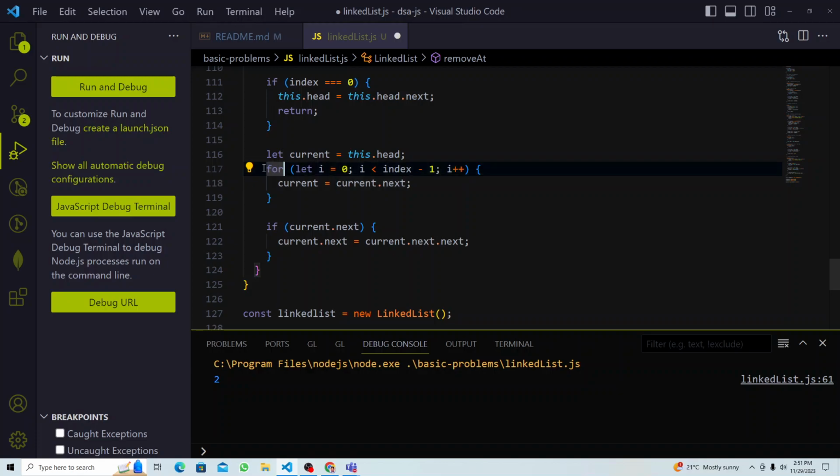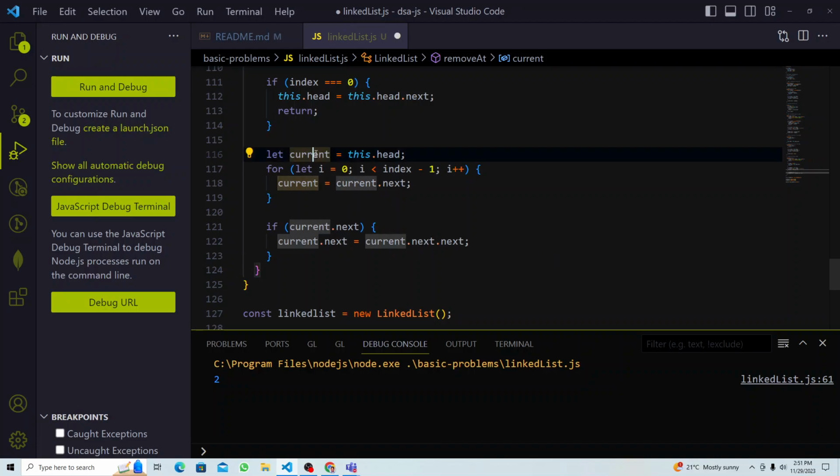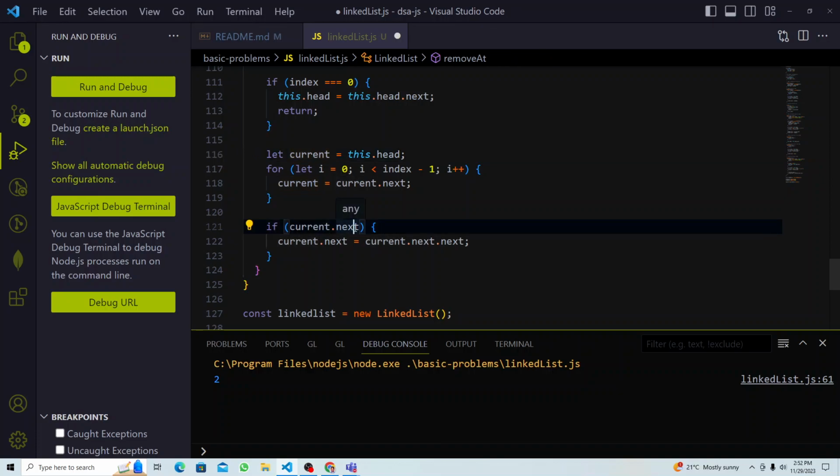This loop will make sure you get the current one to that index position. And once you find the current one, then remove that one, right? That element has a next, right? So if current dot next is true, then